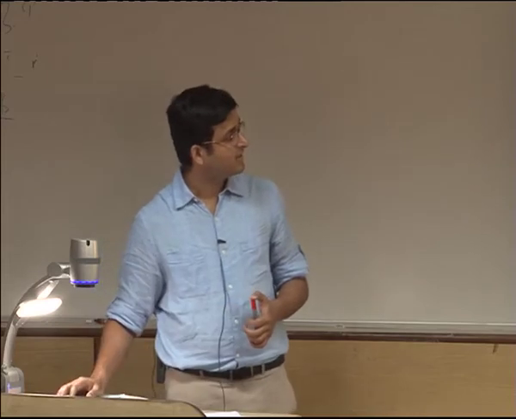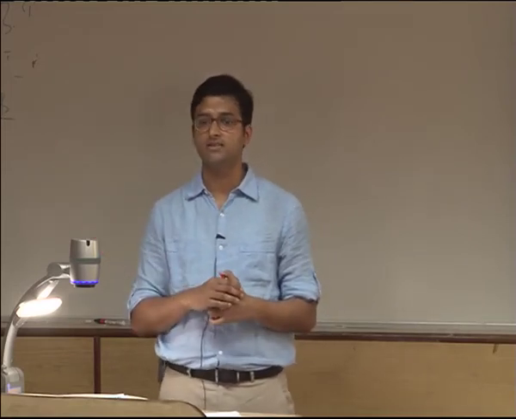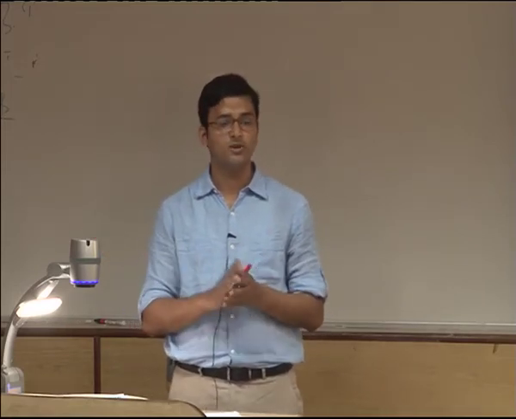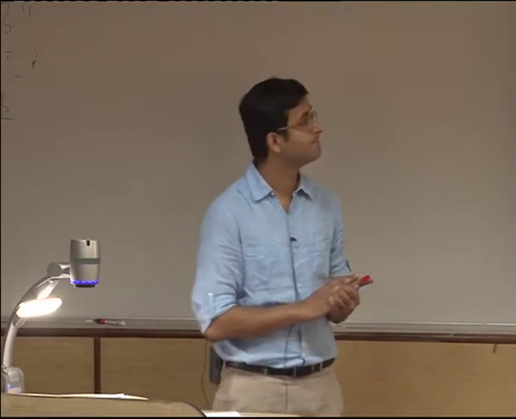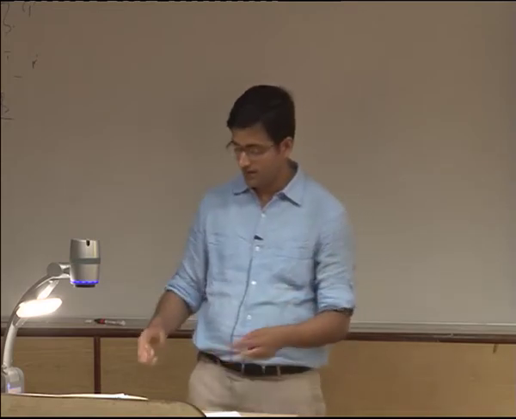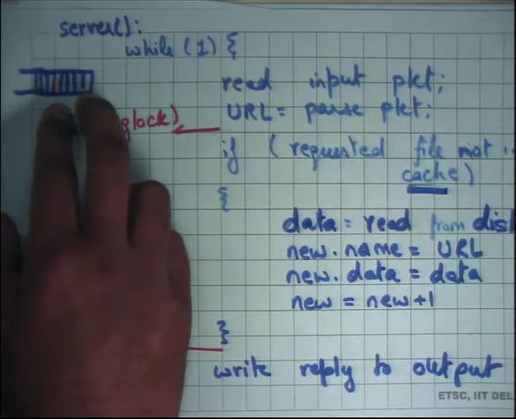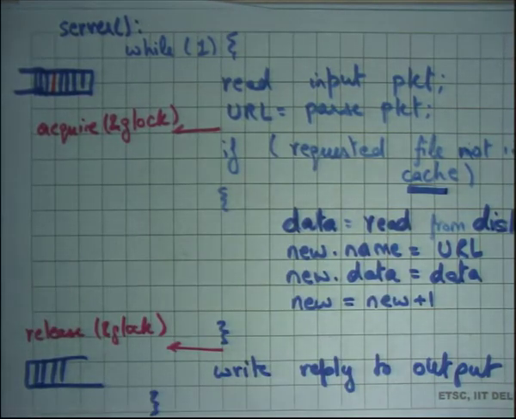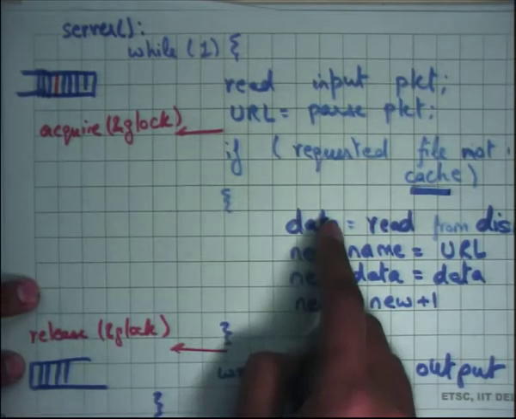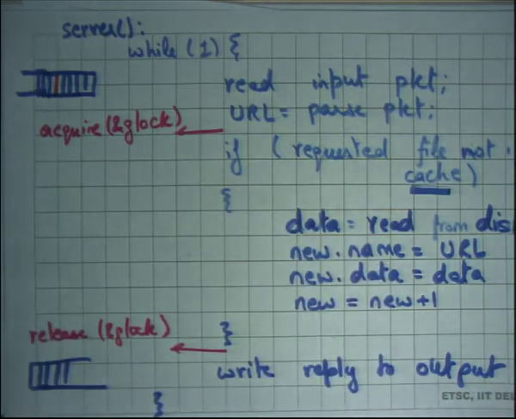Is this an acceptable solution? Have we made any progress from our previous case? So I see some heads nodding, so why not? So what's happening? Basically, let's say now you have multiple threads, okay? Multiple threads could be servicing multiple requests simultaneously, right? So each thread is servicing one request. But if there is even one cache miss, then you're holding the lock and you're accessing the disk. And so for that period of time, nobody else can take the lock.